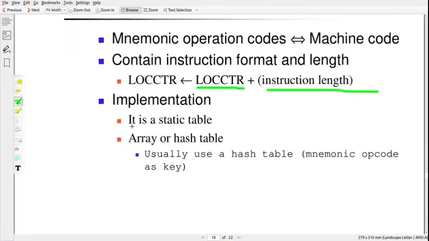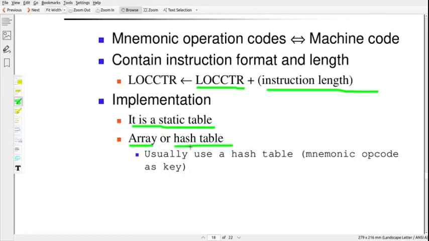It's a static table because this table is constructed based on the architecture of the machine we are talking about, usually here the SIC machine. There is a certain set of mnemonic codes, and each has a machine code, and the corresponding instruction format and length are fully defined. So we can use an array or a hash table.